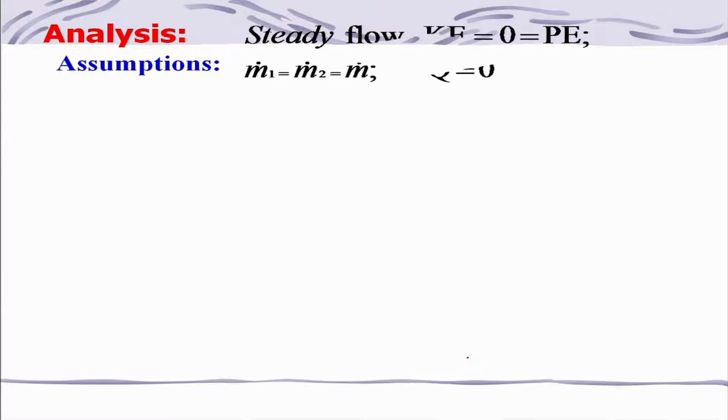So, what are the assumptions we will be making? We will be making that the compressor or the turbine, any one of them, is operated under steady state condition. That means steady flow, and then by applying the mass conservation equation, we can say the mass flow rate at the inlet, at station 1, is equal to the mass flow rate at the exit, at station 2. And we are saying the change in kinetic energy and potential energy is 0, but not all the time. We are just making an assumption, and it is an adiabatic system, no heat is going out, actually it will be